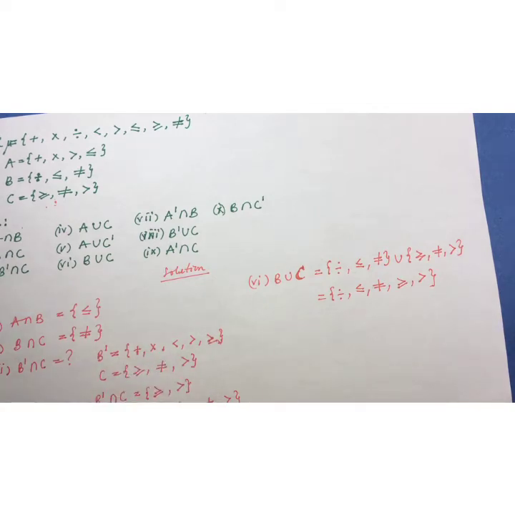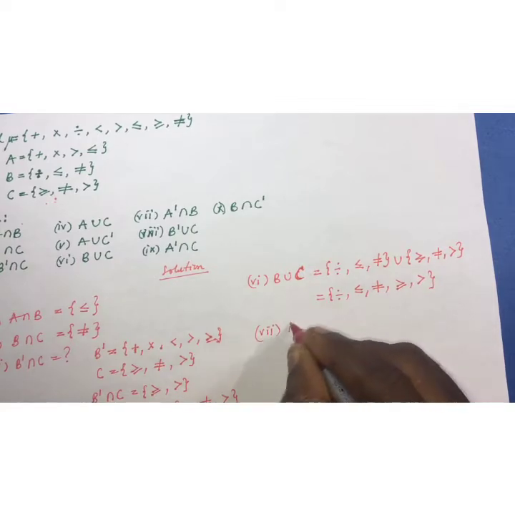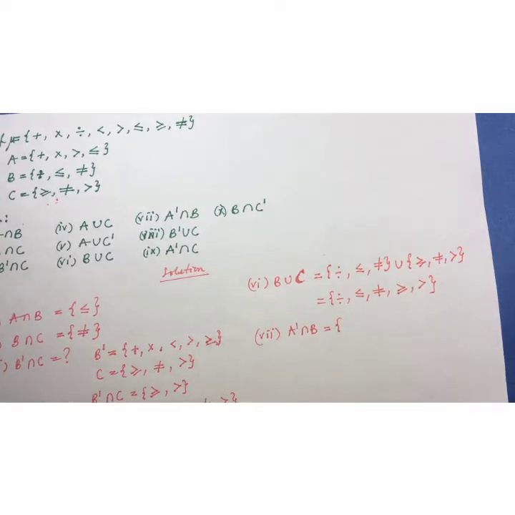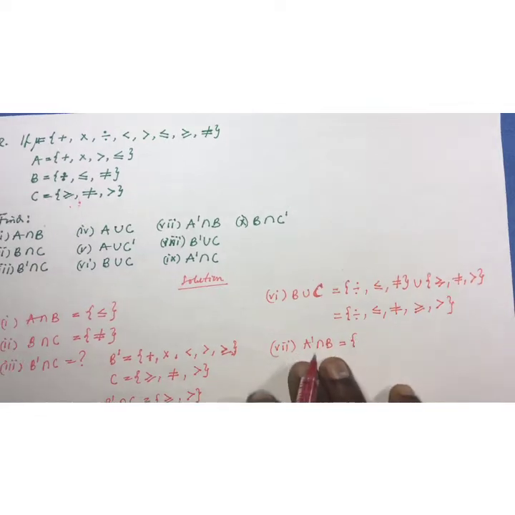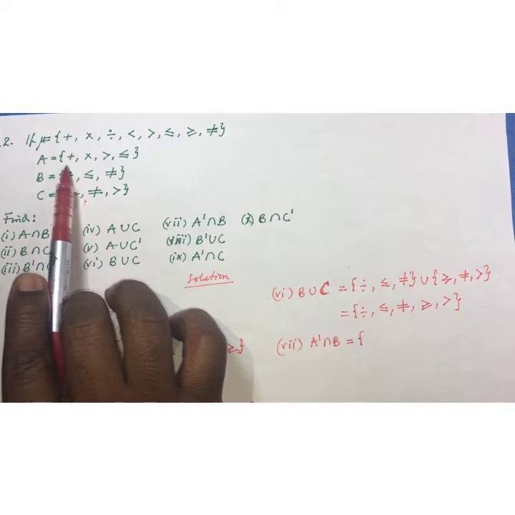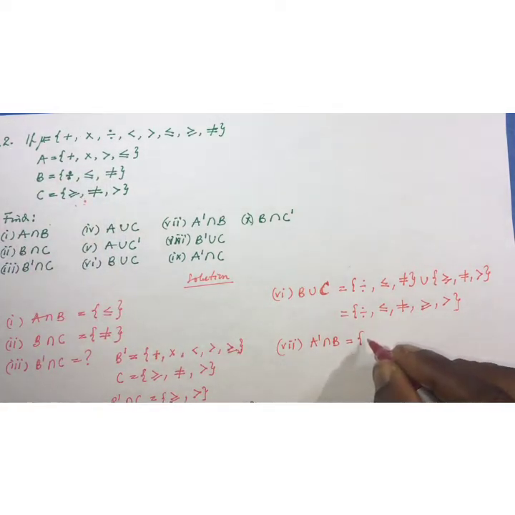Okay, now for number 7, we are asked to find A complement intersection B, and A complement will be the set containing elements in the universal set but not in A. So look at the universal set. These are the universal set elements. Look at the A set elements. So let's write out A complement. A complement would have